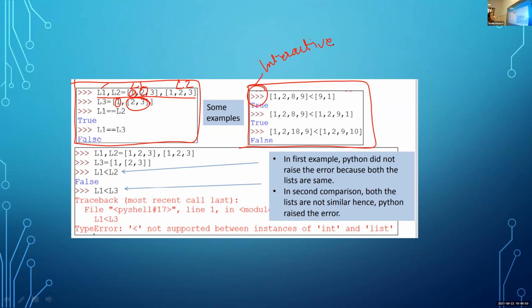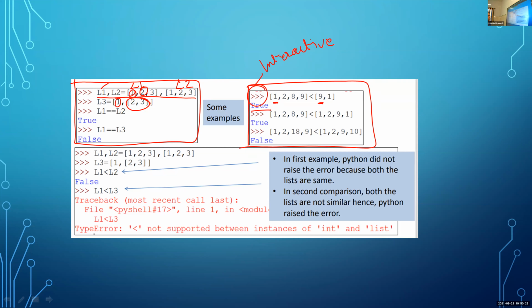So here the statement is [1, 2, 8] less than [9, 1]. Here the checking is based on the elements. The first element is 1, here the element is 9. So 1 less than 9 is true. So it will display true as the result.